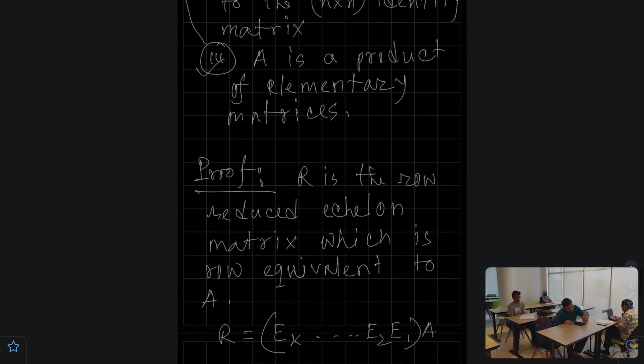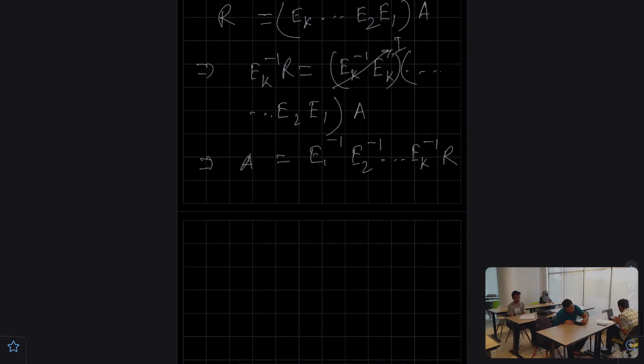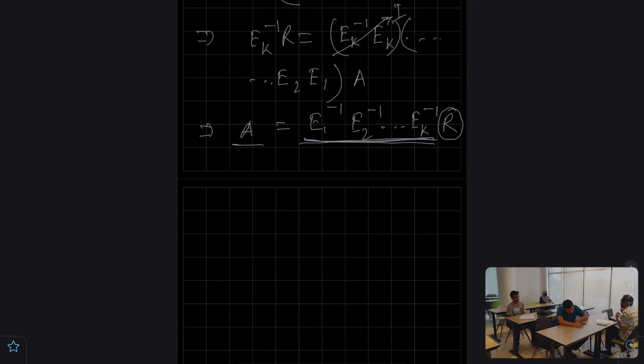Then using that theorem, what I conclude is this matrix A is invertible if all these elementary matrices are invertible, but the invertibility of A depends only on what? R, right? Because all these elementary matrices are invertible. That means you can definitely take the inverse of these invertible matrices. But the invertibility of A depends only on the matrix R, right? So since it depends only on R, we have to show that R is actually